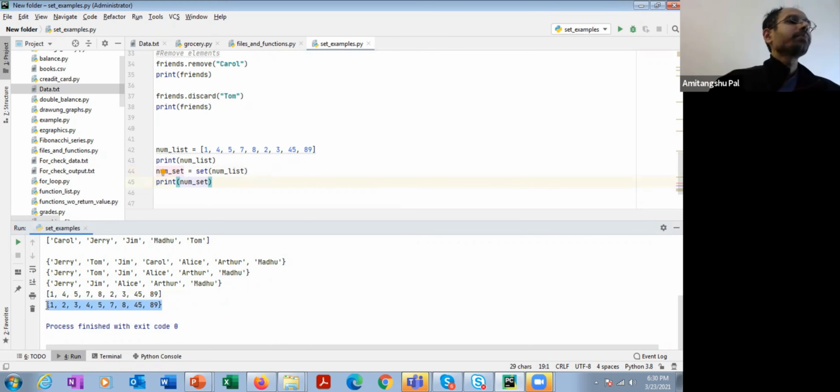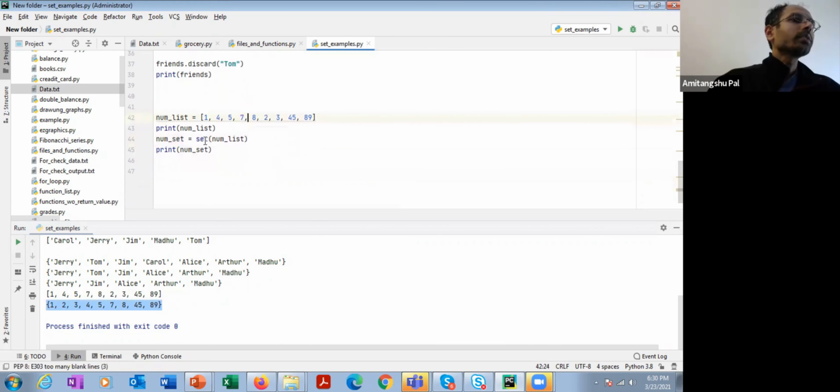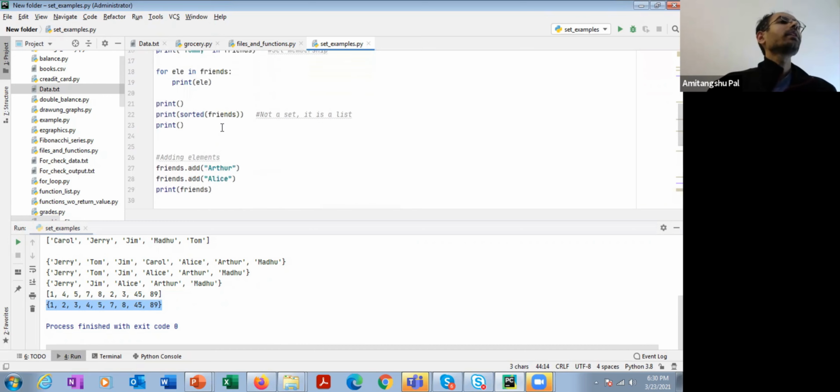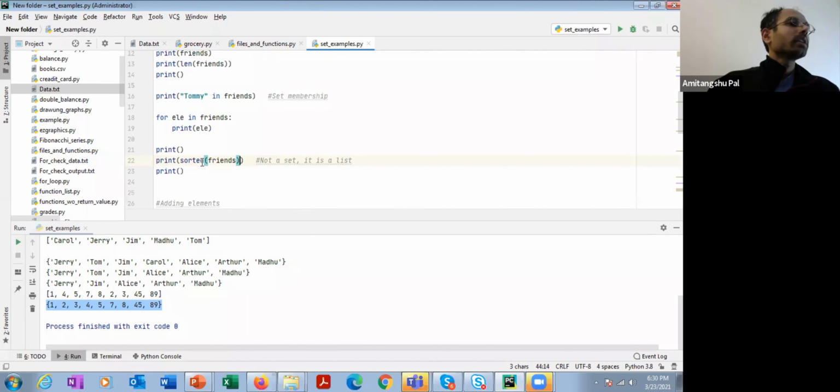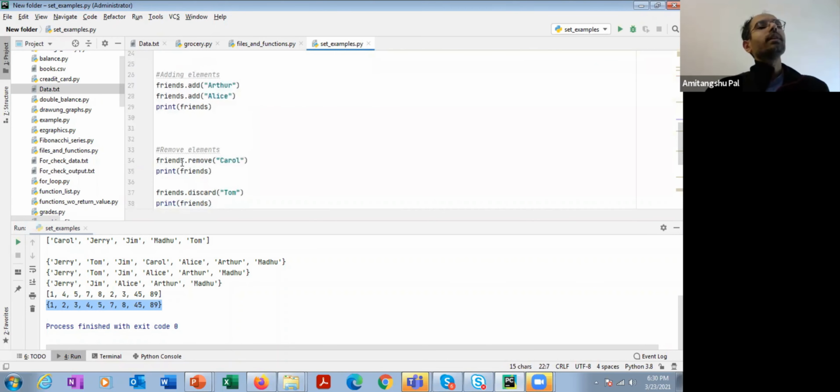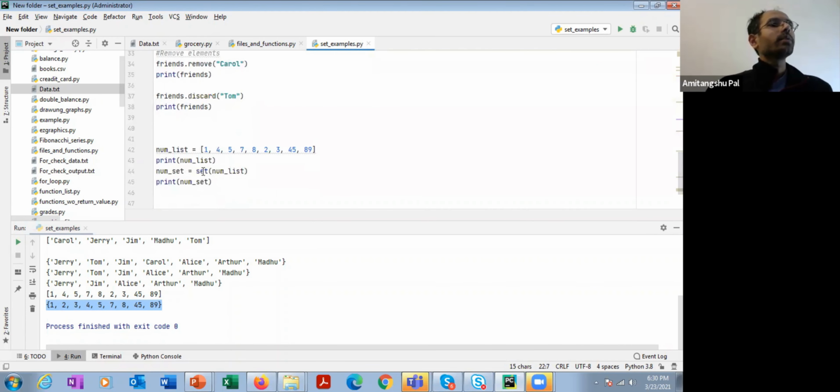Clear to all of you? So set is a function that takes a list and returns a set. So if you want to convert from a set to a list, you can apply sorted, or if you want to convert a list to a set, you can use this set function. Okay, clear to all of you?